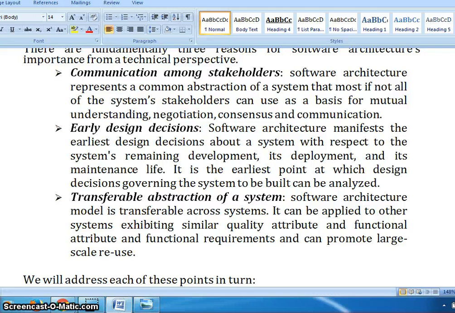Apart from this, taking the information of all these employees, I can connect with another software, or I can develop another software. For example, this software I may link with the Aadhaar software, so that just by entering their Aadhaar number, I can get all the details of the employees working in a particular organization, along with all the relevant details. This is how it is a transferable abstraction of a system.